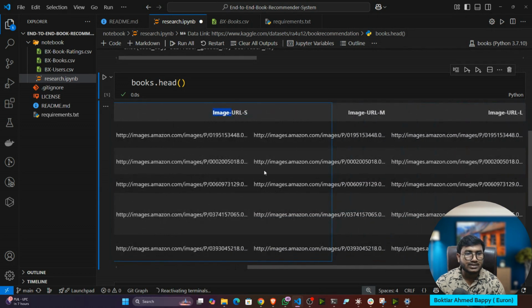It has three URLs. Image URL S means this is the small size image. M means this is the medium size image. Don't use UTF-8, try to use Latin 1 if you are working with CSV data. And image URL L means this is the large URL.